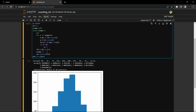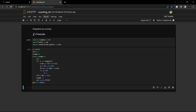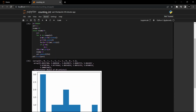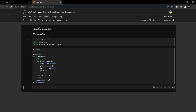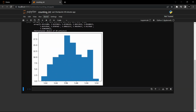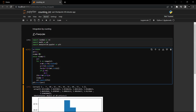So I'll just multiply by 6 here, and run it again, maybe for just 10 iterations. If you see, the actual value is about 5.8, and the value is slightly higher here, but it is also more over here. So let me take 100 iterations and run it. Now if you see, it is closer and closer to the actual value. If I take 500 for the last time,